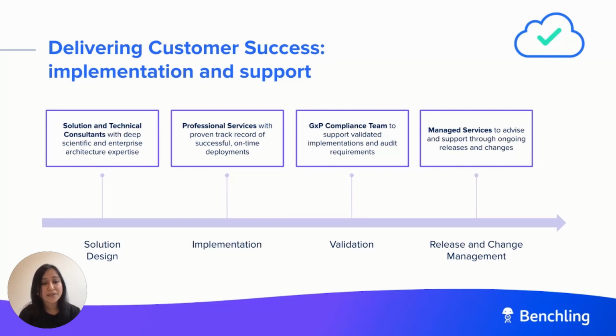We have a dedicated GXP compliance team that is available to support any validation, audit, and inspection requests. Our managed services team can help you stay on top of the release process and change management for ongoing product upgrades. With that, let me hand it back over to Kate, who will be sharing a few more resources on